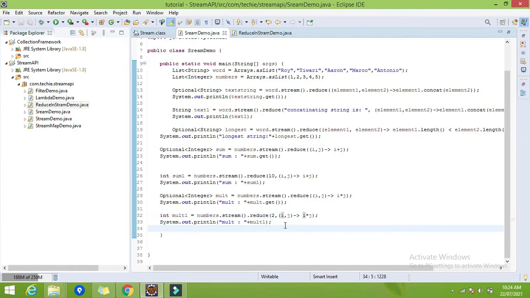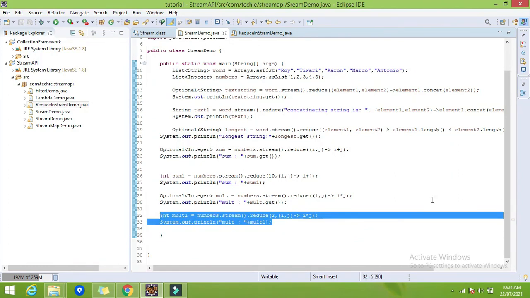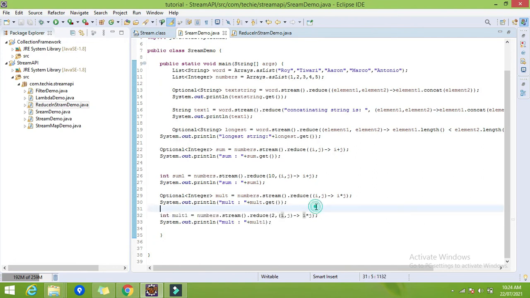So again one variant is here, we can directly use the individual method classes to find the sum, max, minimum, like that. Let me give the example. I want the minimum. So here we have one method.